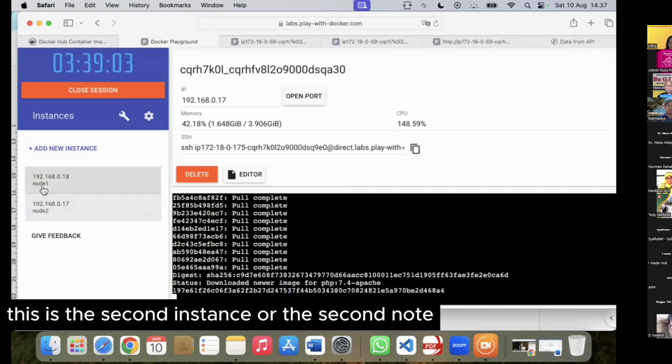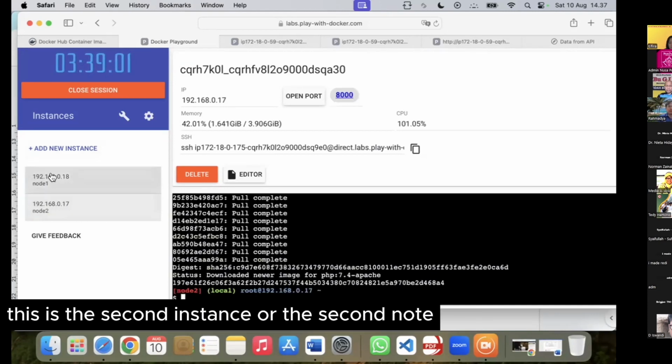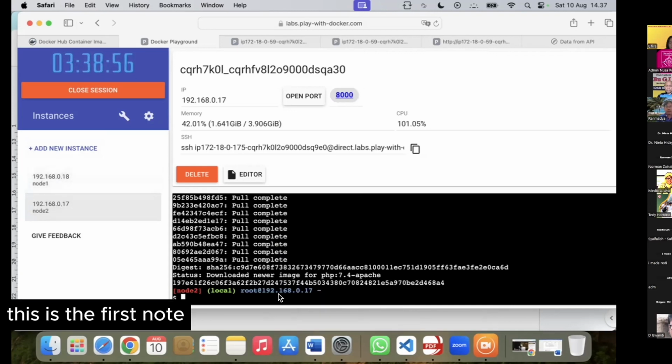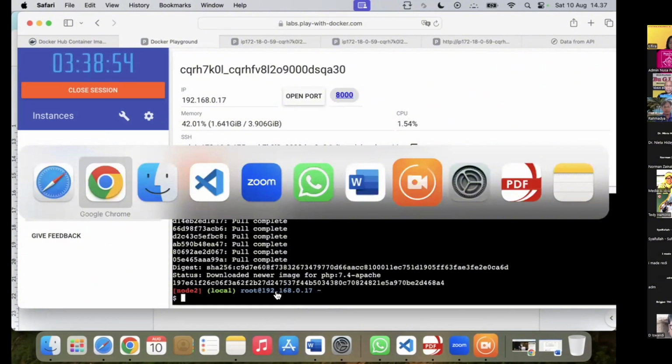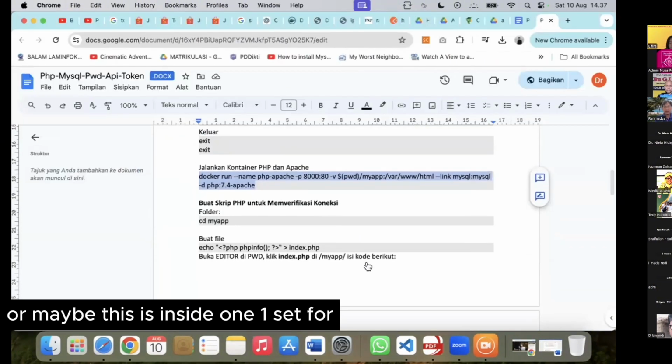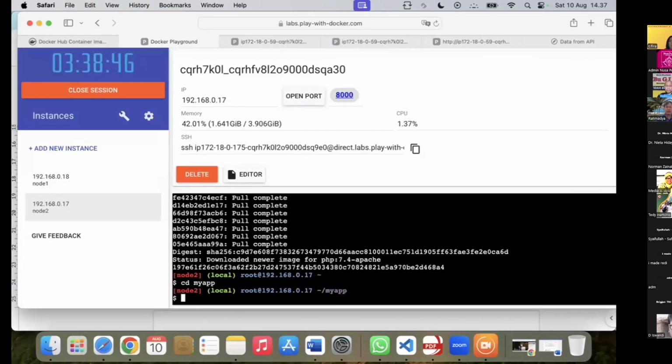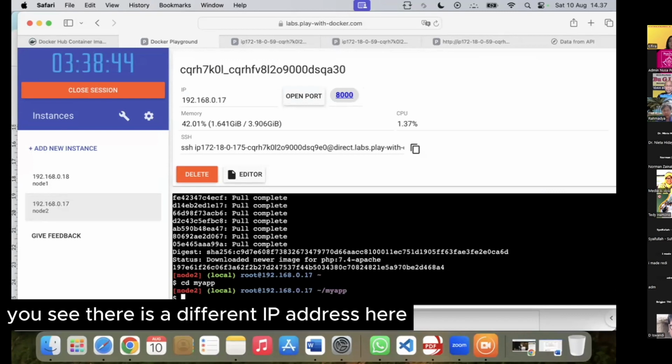This is the second instance or the second node. This is the first node. Maybe this is inside one server, or maybe it is a different server in a different location. You see there is a different IP address here.